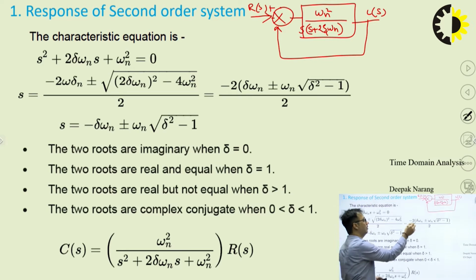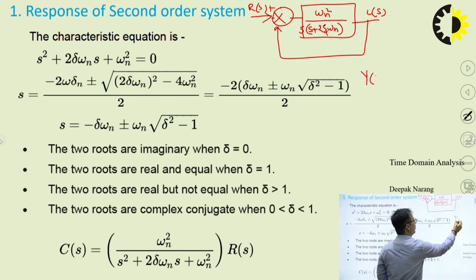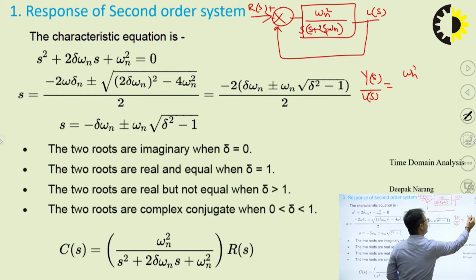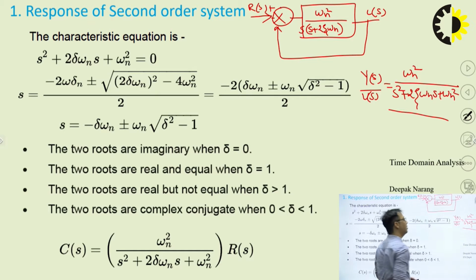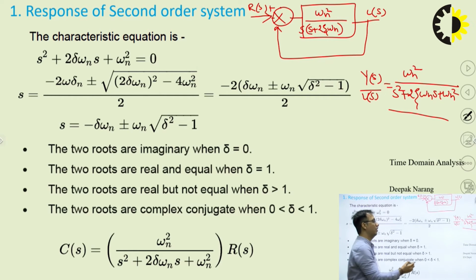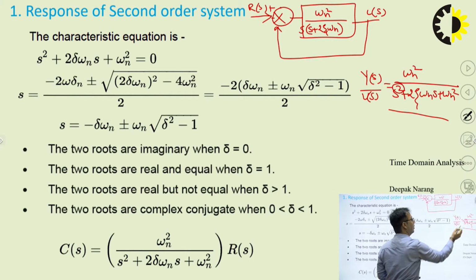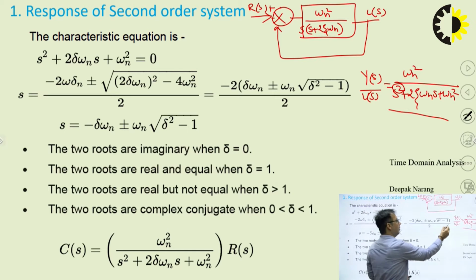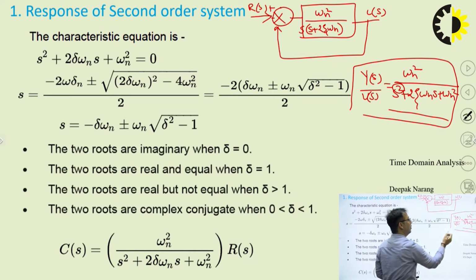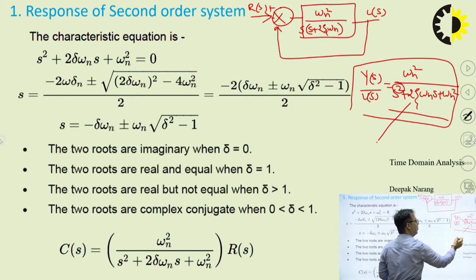If we solve this, we can get its transfer function as Y(s) over U(s) is equal to omega n square upon s square plus 2 zeta omega n s plus omega n square. Why is this termed as second order system? Because the maximum power in the denominator of this transfer function is 2. That is why it is termed as second order system. So this is the transfer function of this second order system, and this term is defined as